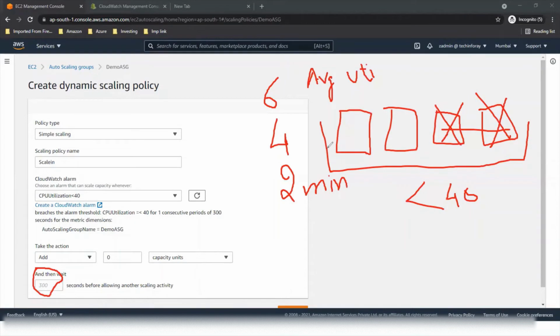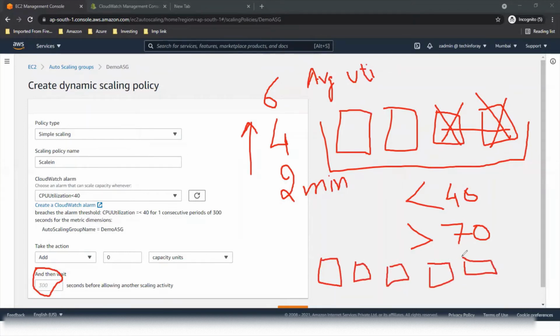And while adding another scale out policy, it will add machines and move it up to 6. So in case we have 4 machines and the utilization goes above 70, then it will move to more than our desired capacity. So we will test that as well. In case the average CPU utilization goes above 70, it will add more machines. So that's automatic scale in and scale out policies.